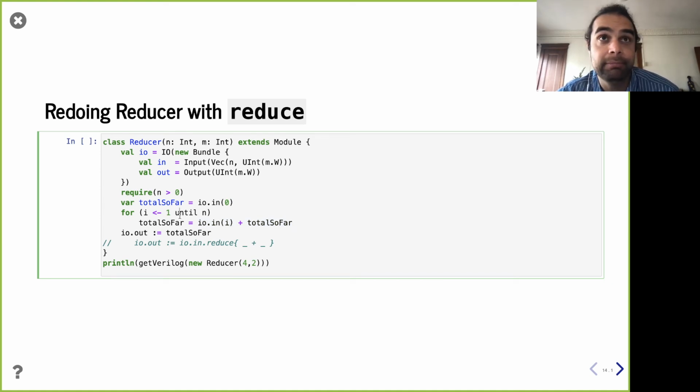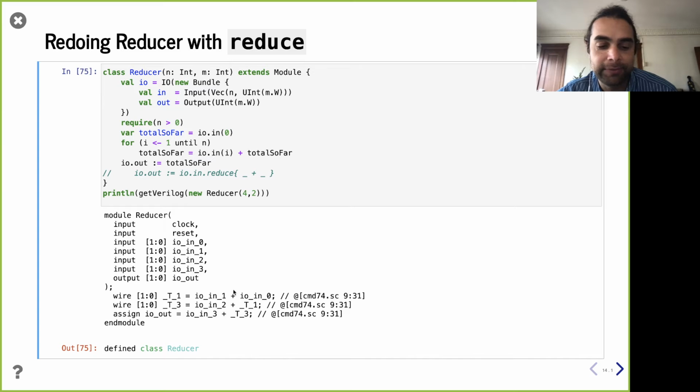It is hopefully not super confusing what's going on here. But it's 4 lines, right? I need to declare the var, I need to iterate, I need to do the final connection. If you want to look at the Verilog code, sure, it's not too crazy. That's what we did earlier in the quarter. Now, if I did this with functional programming,